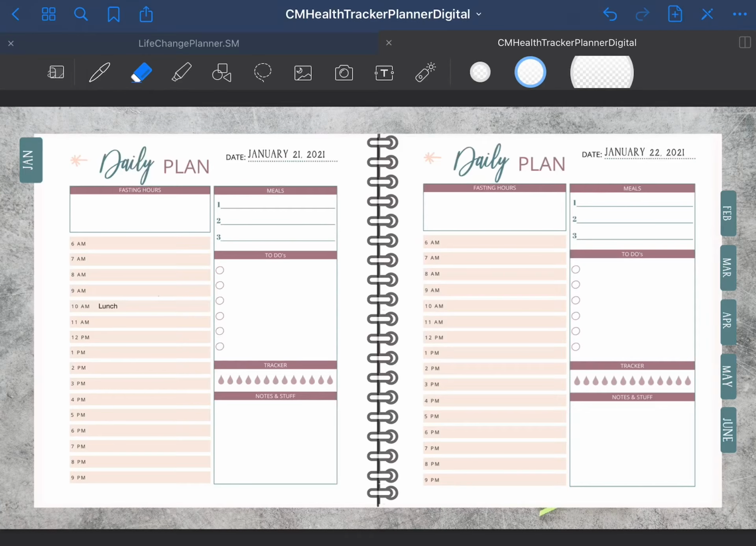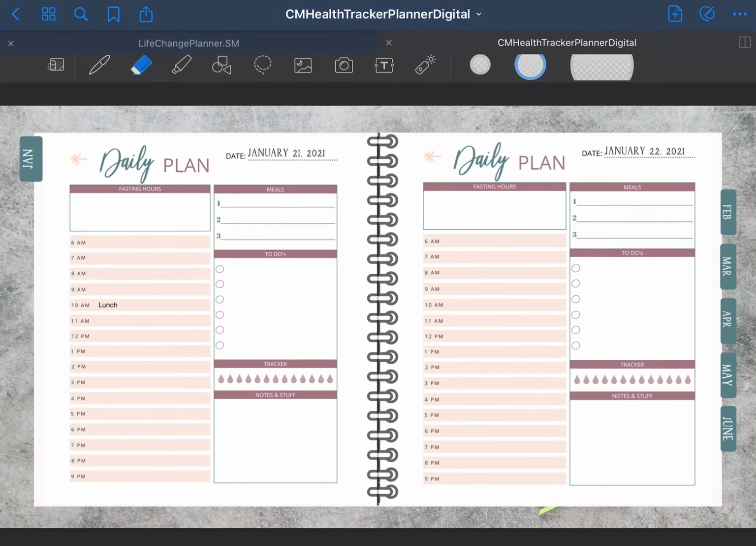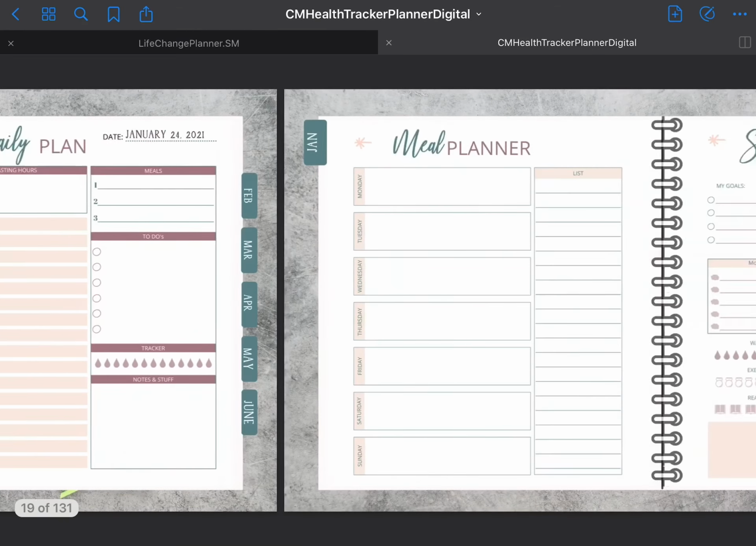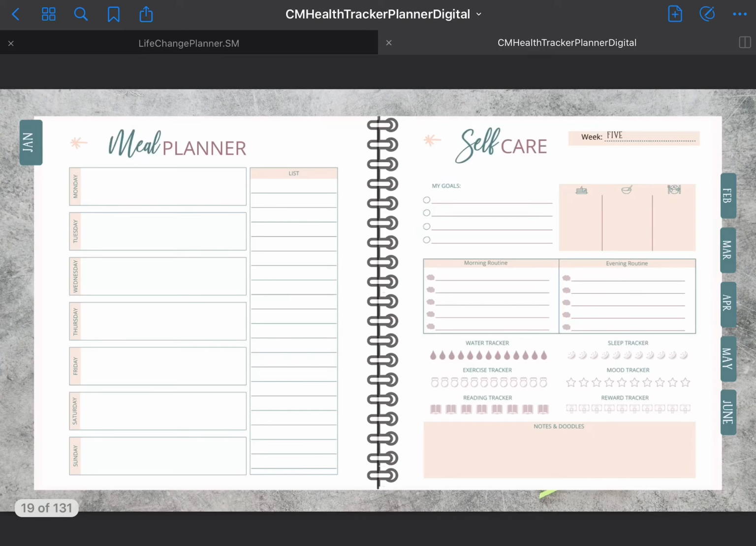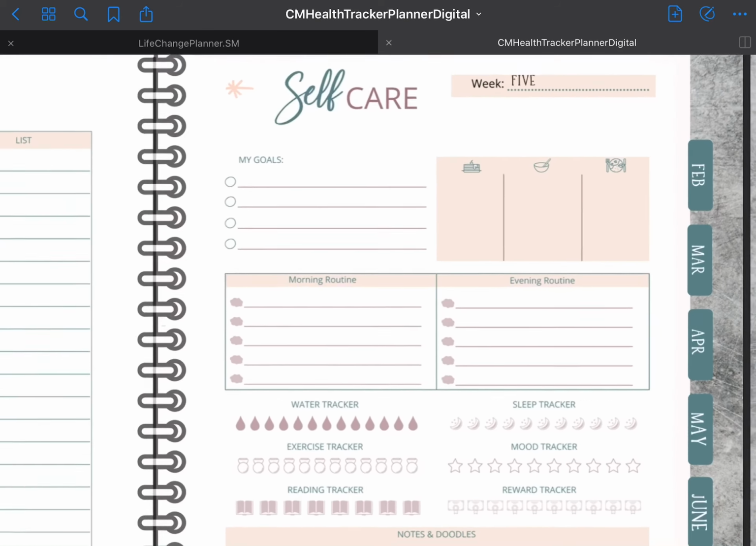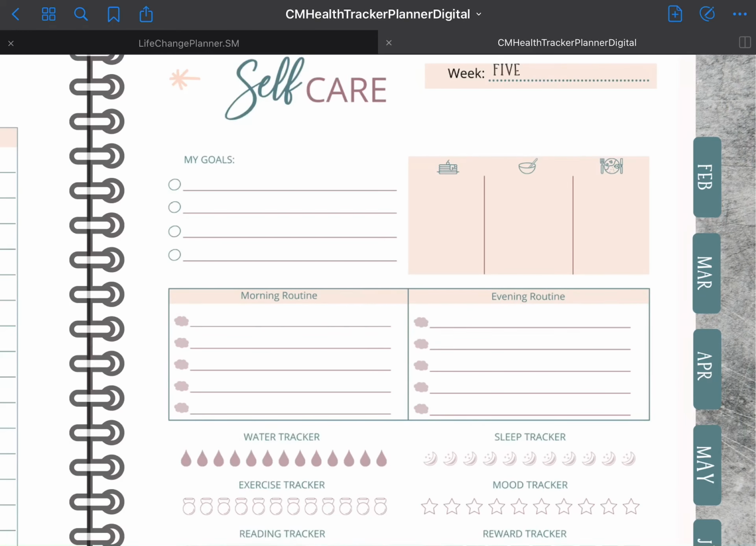And then when you're done, you can click up at the top, then you'll be able to swipe to get to the self-care at the end here. And you can write down if you met your goals, what your morning routine is, your